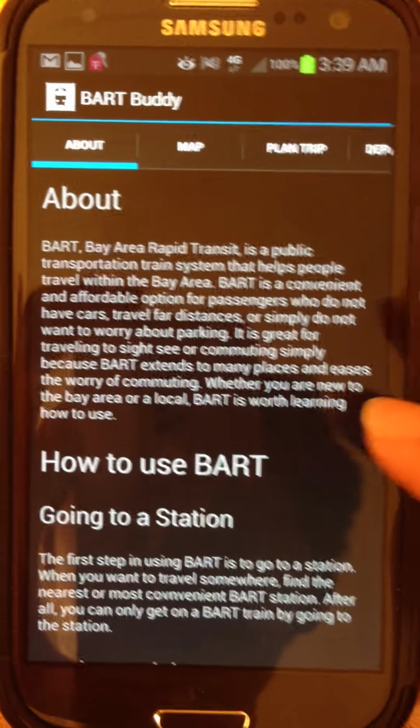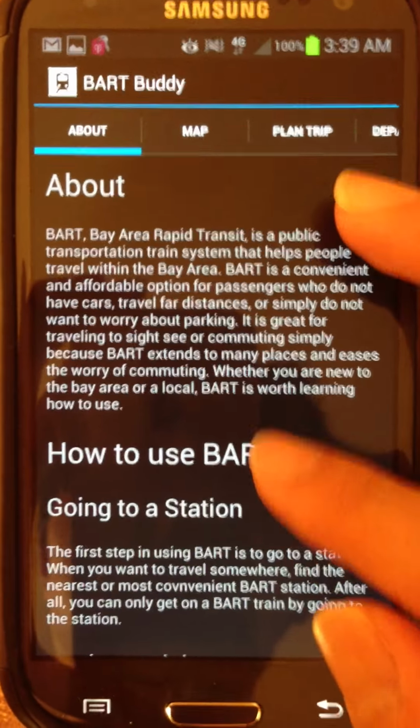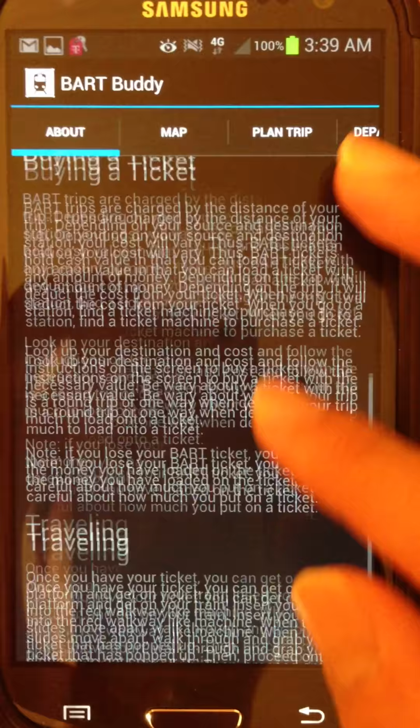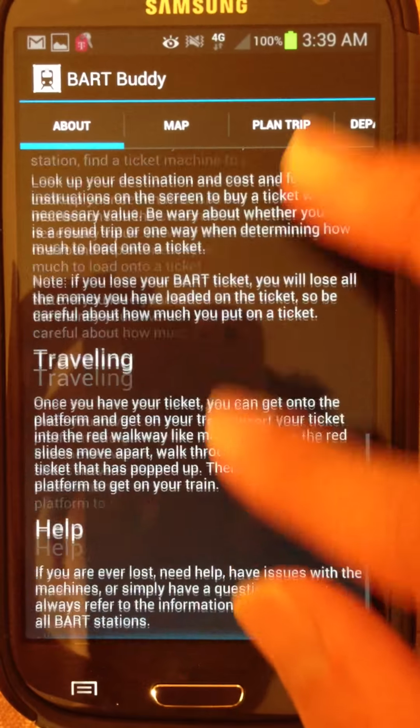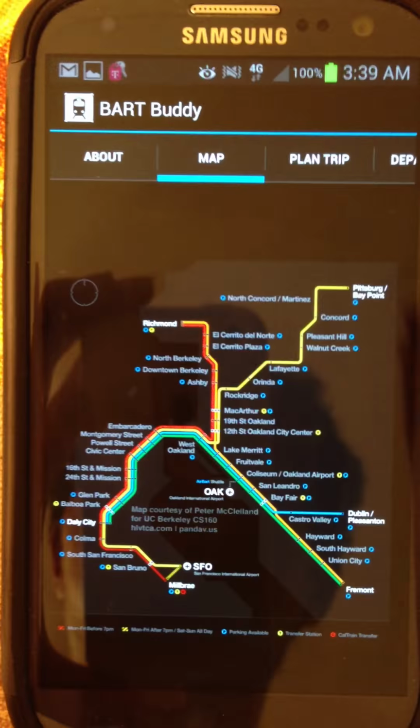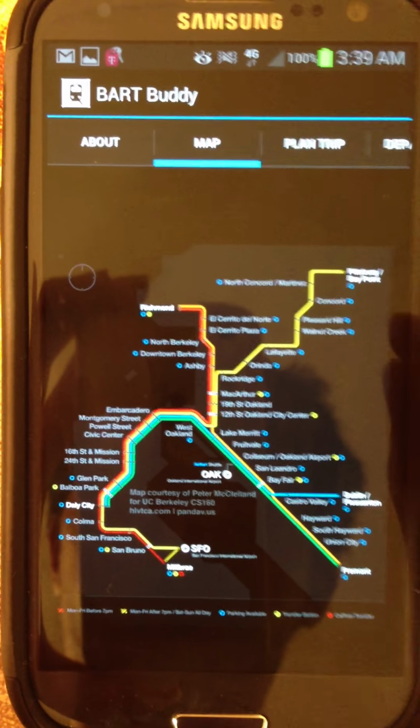Inside the About tab, we see that it has a bunch of text, which simply stores information about how to use BART. Information that people who aren't familiar with BART could use, so that they can know and learn how to use it. If we go to the Maps tab, we notice that it shows a map of the BART